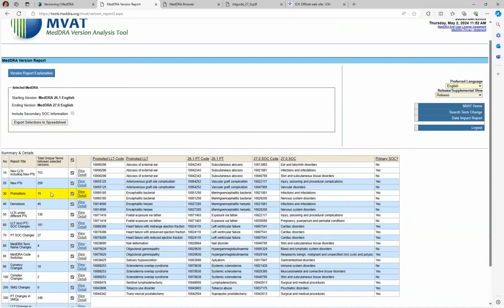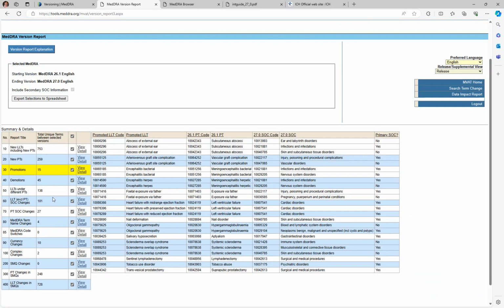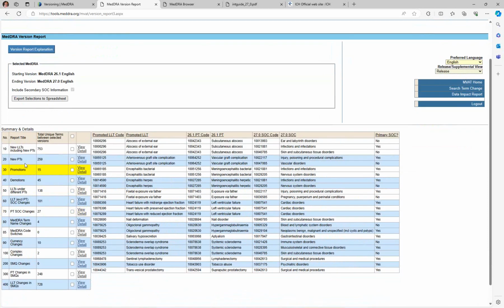Well, can I have it in Excel? Yes, you can have it in Excel. You can export it, and if you want to choose to export all of it, you can default to all, or if you don't want all of them and you want to specify, for example, I want the new PTs and the promotions and demotions and maybe currency changes. Currency changes are really, really important. I want to show you these because